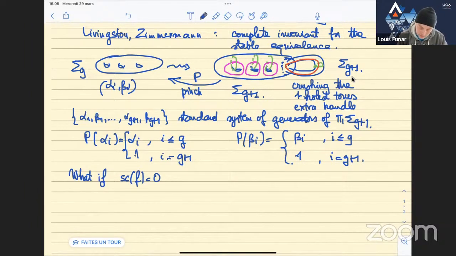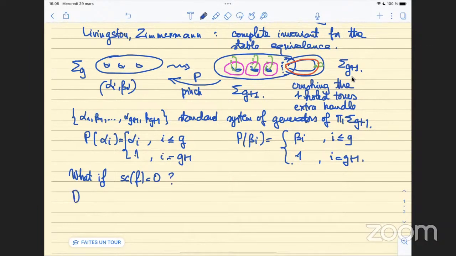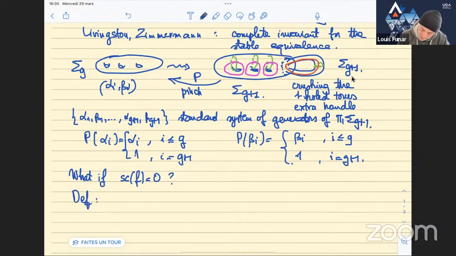In particular, the question is whether such a homomorphism lifts to a free group, and it makes sense to make the following definition: say that F is elementary